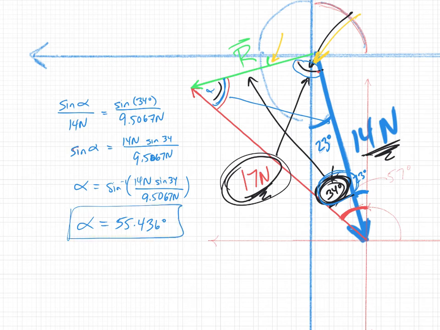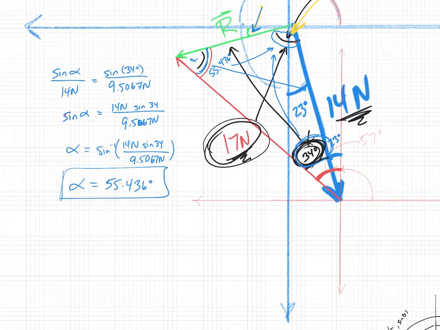So you're kind of like, well, that's great, but the whole point of all this is that we wanted this R angle right here, and that doesn't really help us there, except that it does. So if I put this on this diagram, 55.436 degrees. So really what I want is this angle over here. So I'm going to make note of the fact that those three angles have to add up to